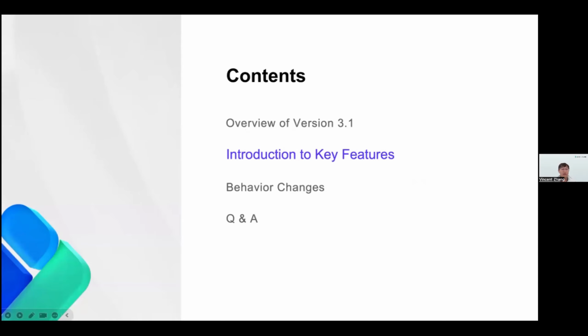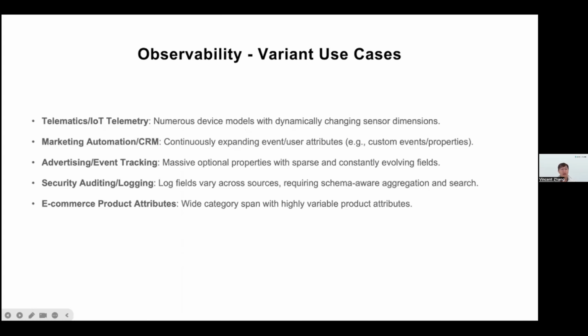All right, next I will introduce the key new features added in version 3.1. First, let's talk about observability. In version 3.1, we have significantly enhanced the capabilities of the variant data type. Let me first introduce the characteristics and the use cases of the variant type. The variant type, similar to the JSON type, is designed for semi-structured data scenarios. Compared to JSON,